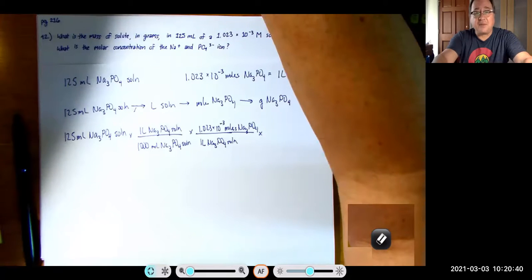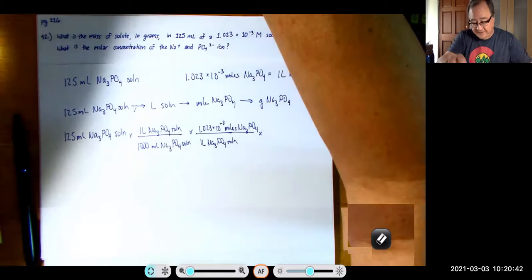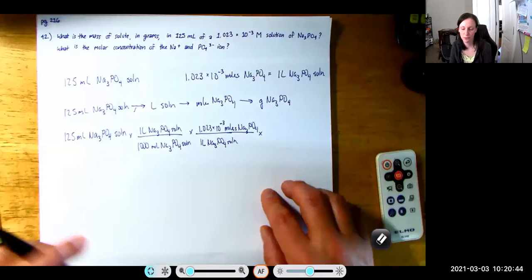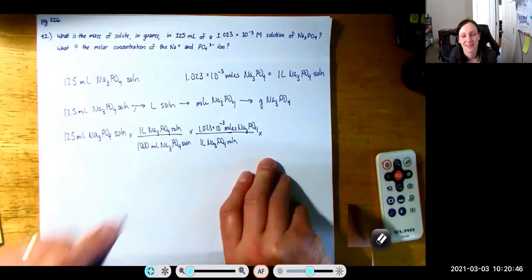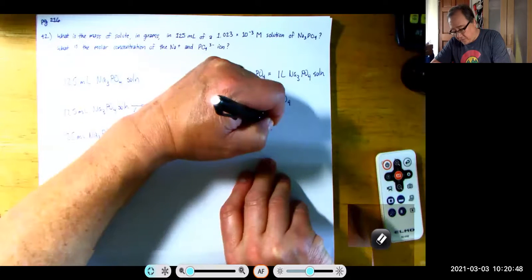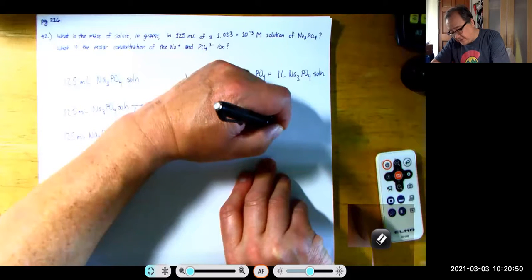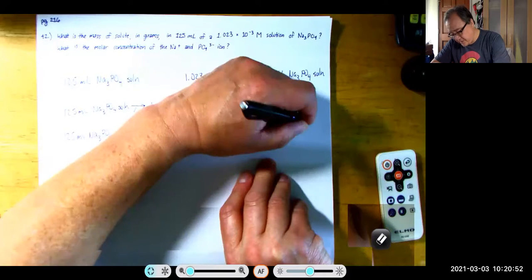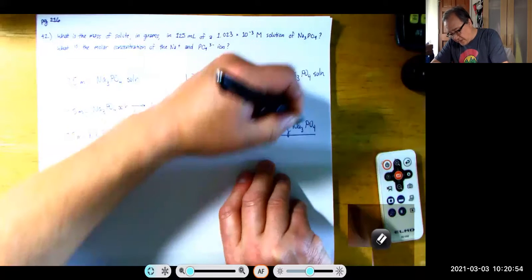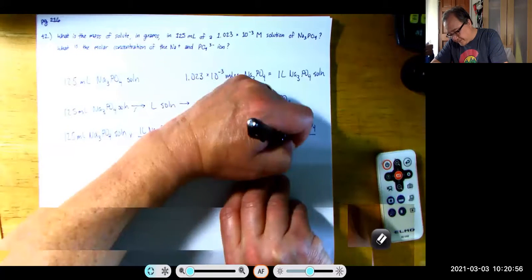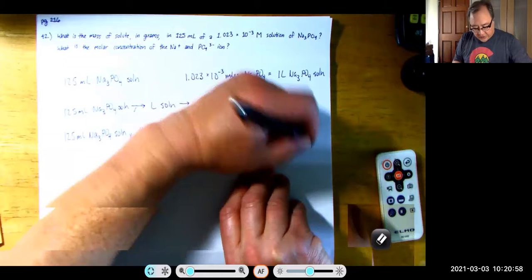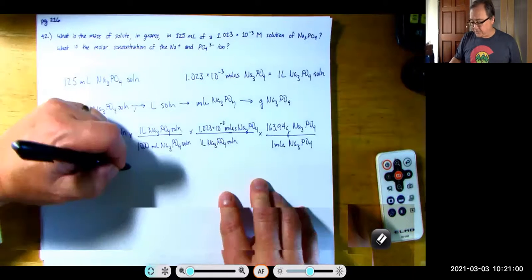Part of the reason is I'm writing the solution after everything. Yeah, I stopped. So I get 163.94 grams of sodium phosphate per 1 mole of sodium phosphate. So this is going to be equal to,